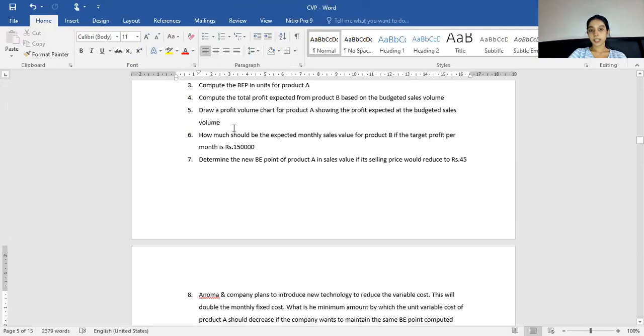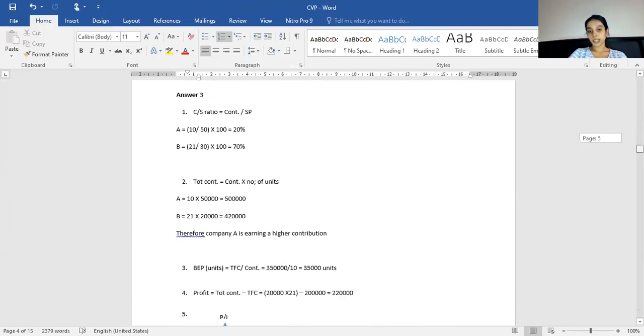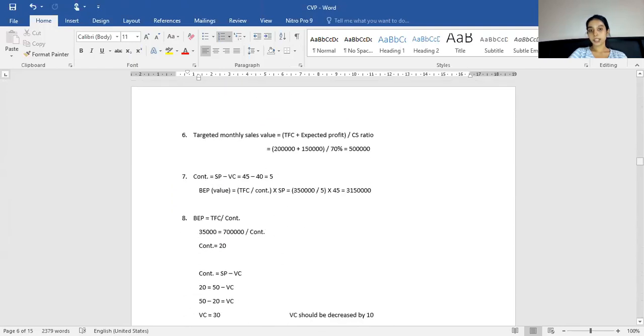Determine how much should be the expected monthly sales value for product B if the target profit per month is 150,000. So we have to find the sales value to reach a profit of 150,000. So we can utilize that target units equation. Target monthly sales value equals